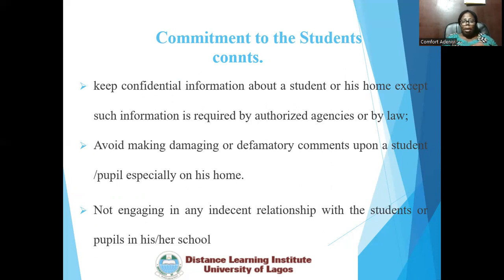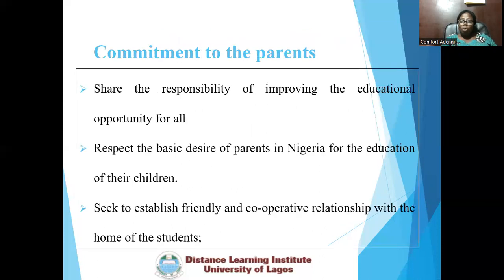Then 6, not engaging in any indecent relationship with the students. A teacher is supposed to be like a parent to the students. So the teachers are not expected to have any illicit or illegal or indecent relationship with the students. As teachers, we are supposed to be role models. So whatever we need to do, we need to be guided by this particular role that we have to perform